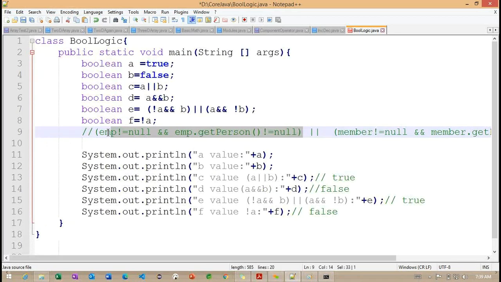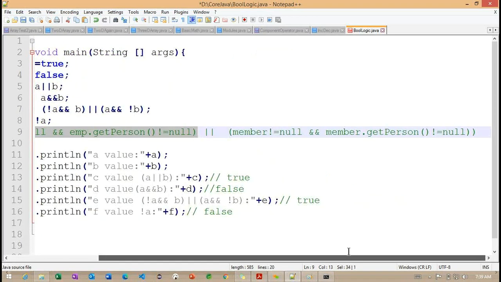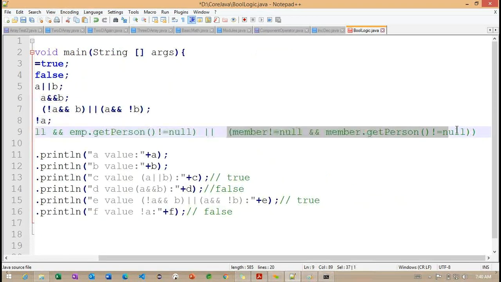Getting the point? So if this particular employee is not returning here, now what I'm doing is moving into this particular member here. So between these two objects, I'm using OR condition here. Getting the point? So this is very important here.